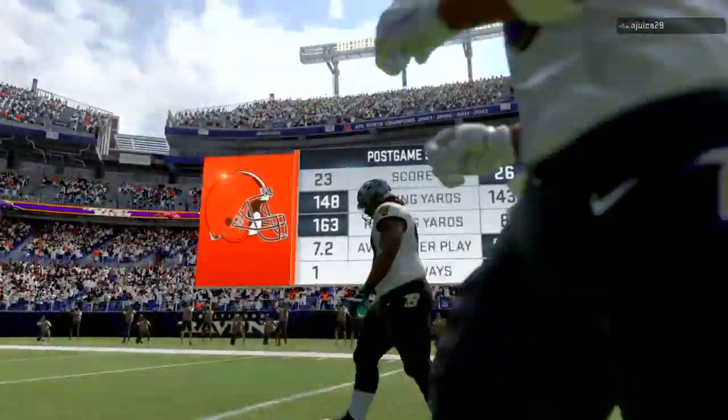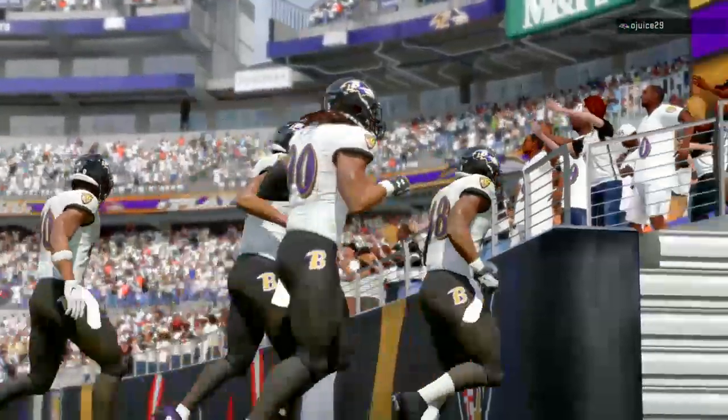So for Baltimore, it'll be a 500 start as the win gets them back